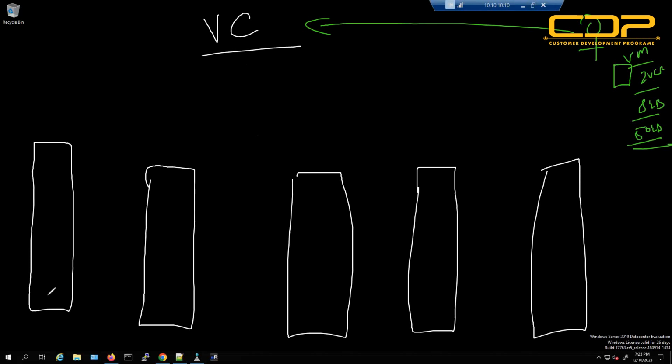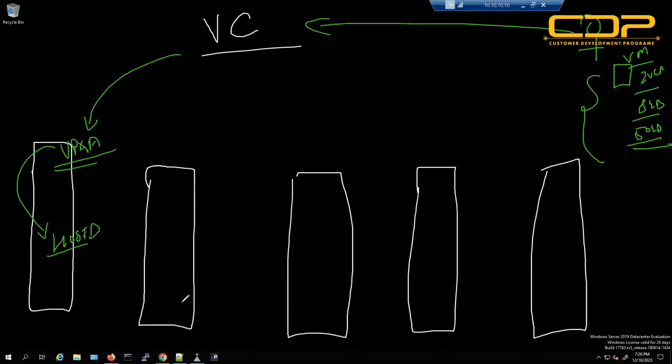vCenter will basically talk to the vPXA agent, which is residing on the ESXi. So the vCenter will tell the vPXA, you need to create a virtual machine on this ESXi with this configuration. What is vPXA going to do? vPXA is going to talk to the agent hostd. What is hostd? When you install ESXi, on every ESXi there is an agent, a service which is already running, which is called hostd. Hostd is the service which is actually doing the job. For example,